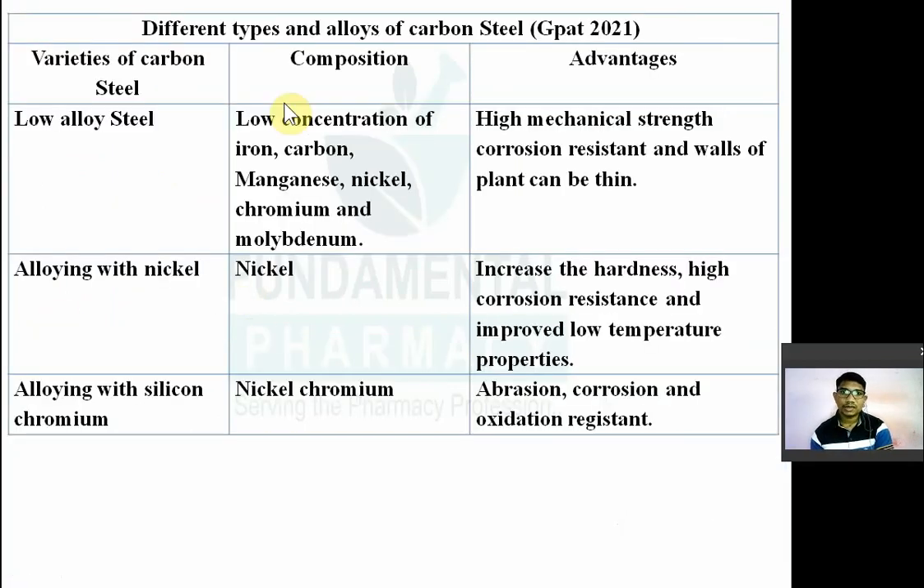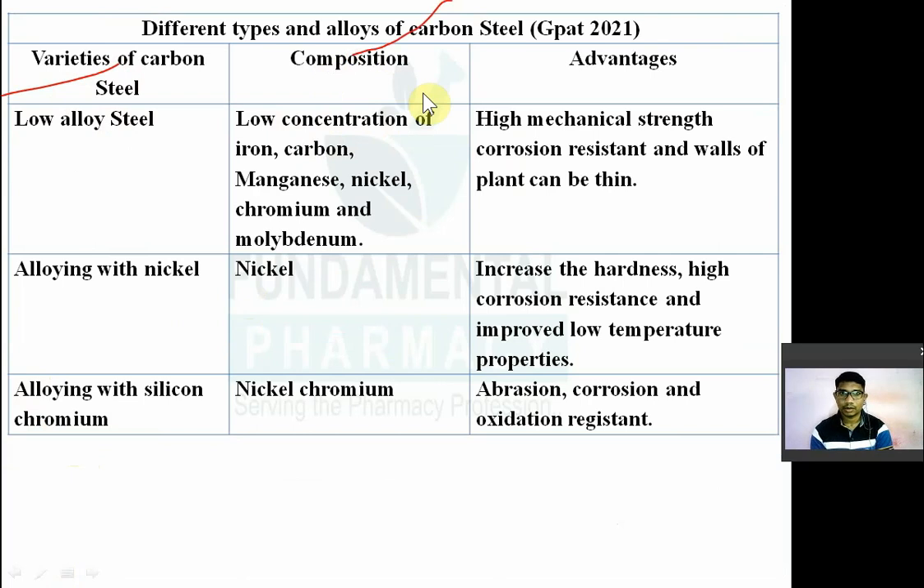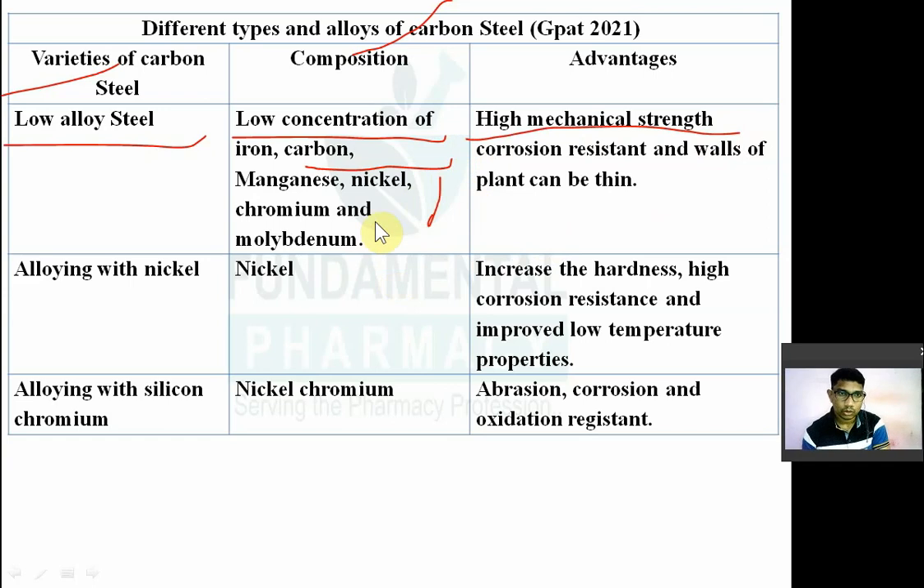Now we see the next one: different varieties of alloys of carbon steel. Different kinds of alloys of carbon steel, and a question also came on this, check the paper. So the varieties of carbon steel, then composition and advantage. The first one is low alloy steel. It has lower concentrations of other metals, low concentration of iron, carbon, manganese, nickel and chromium and molybdenum. It has high mechanical strength, it is corrosion resistant, and the wall of a plant can be made of it. So that is the low alloy steel. Now